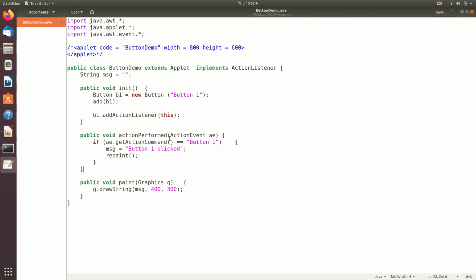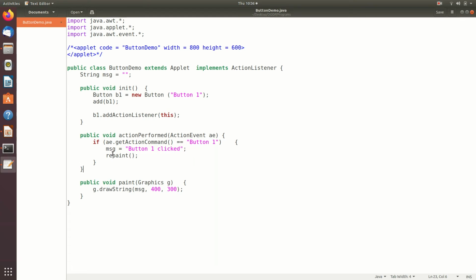So this actionPerformed method receives a parameter called action event, and we compare the action command of this action event class with the label of the button from which the event has been generated. So we do a string matching like if ae.getActionCommand() is equal to "Button 1", then what we do is